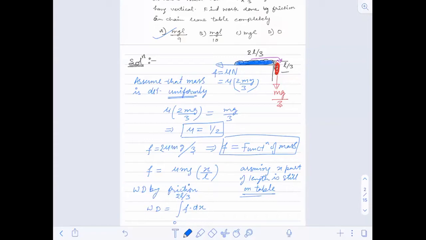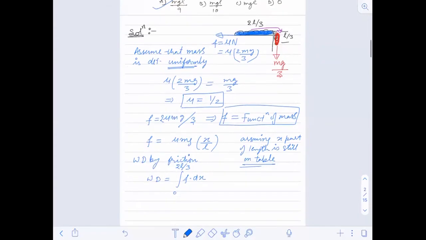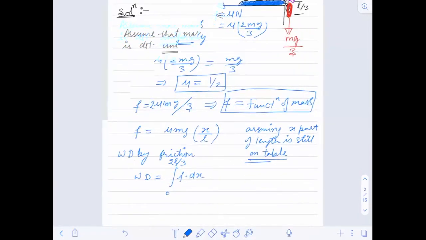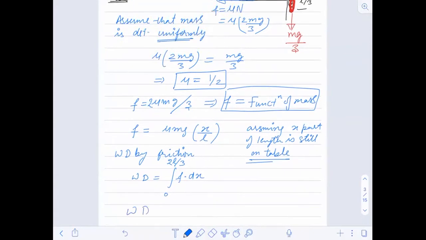Okay, only 3 people are solving it. Fine. So you have to only integrate this. Okay. So I guess you people know how to integrate this function. You integrate and you'll get the value. So is anybody having doubt in this? Anyone who is having doubt in this question?